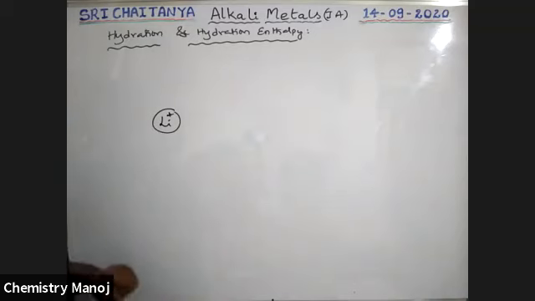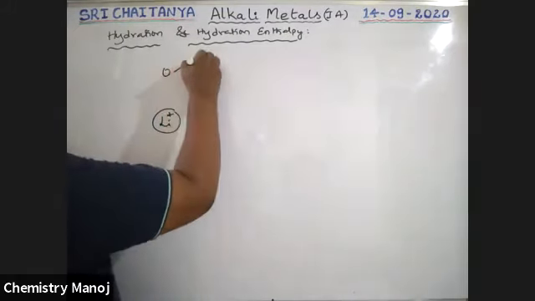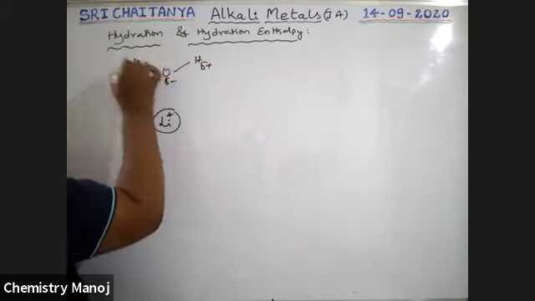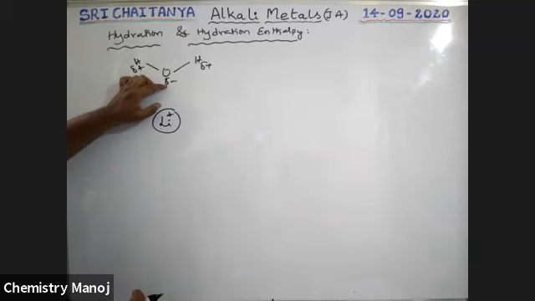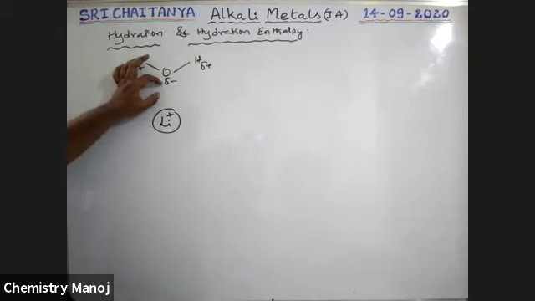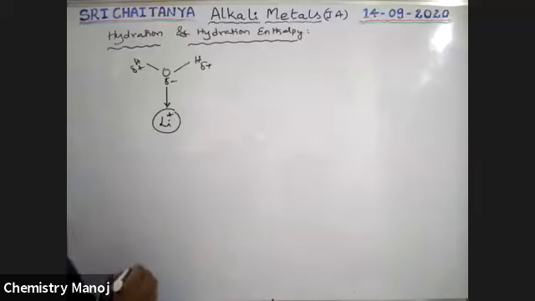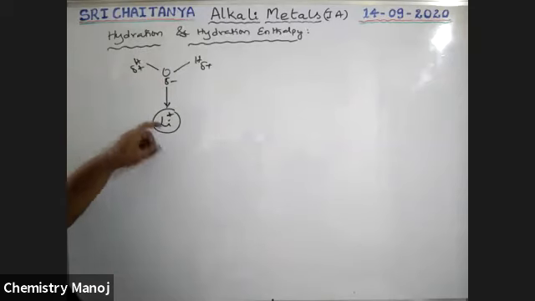Around this cation, water molecules are associated, because it is a positive ion. In water, oxygen has a partial negative charge and hydrogen gets a partial positive charge. So the water molecule with this negative charge is attracted by lithium, which is our metal ion, and not only lithium, any metal ion. Between these two there is an attractive force. Because of that, these water molecules are attracted towards this metal ion.